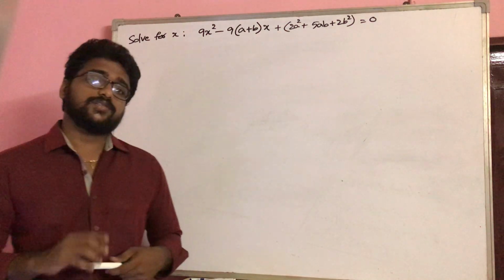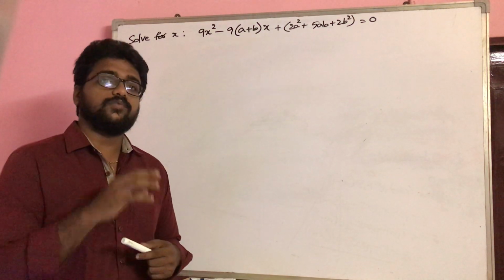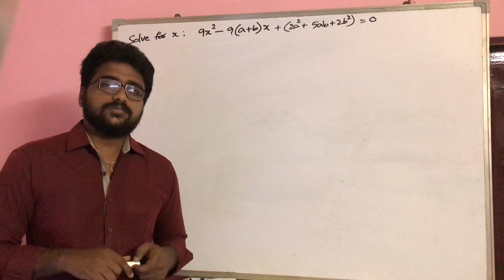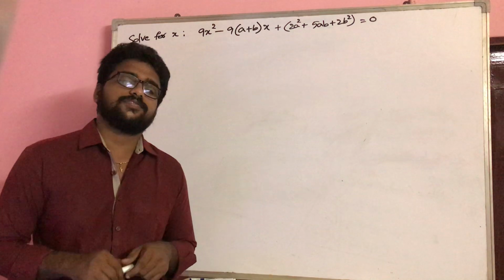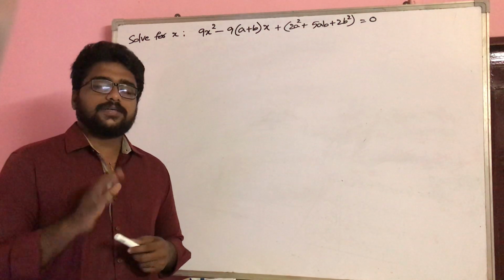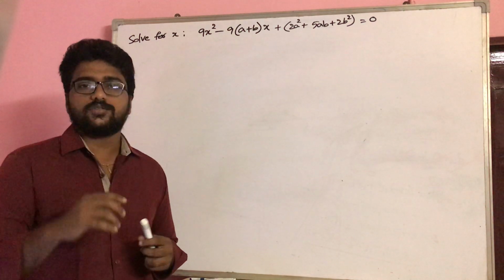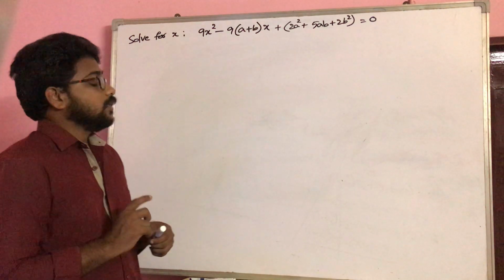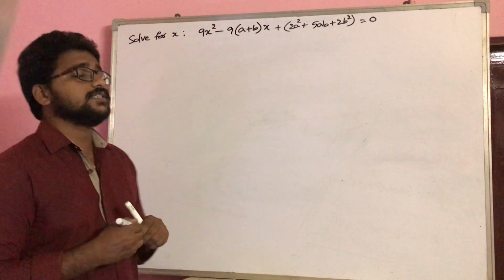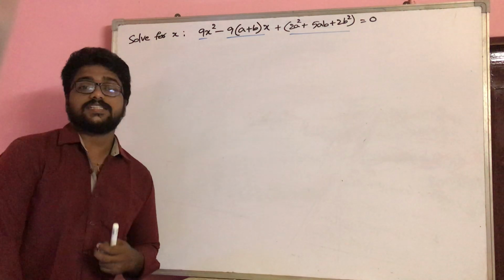Now the question is, when do we go for the factorization method, when do we go for the method of completing the square, and when do we go for the quadratic formula? It's up to you in the examination. Unless they specify, you can go for any method. I personally suggest you go for the quadratic formula if they don't mention any specific procedure to find the factorization. Another situation where you have to use the quadratic formula is when the question involves these types of complex numbers as coefficients and constants.